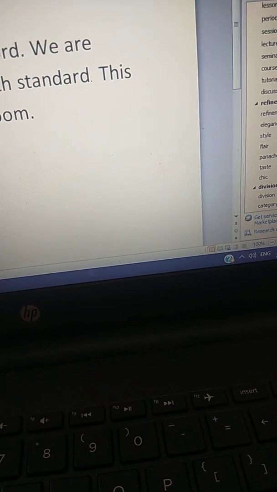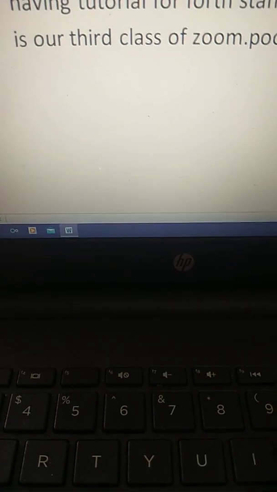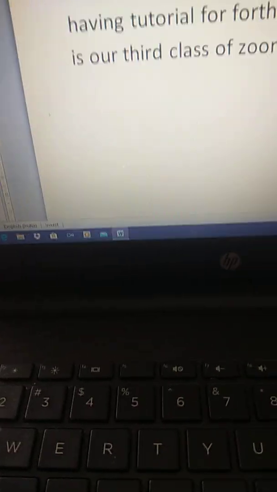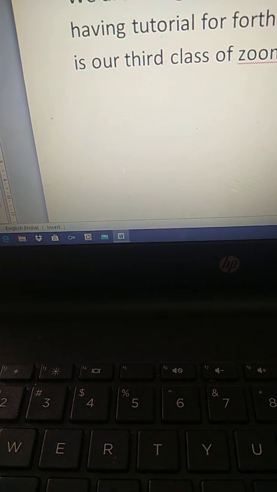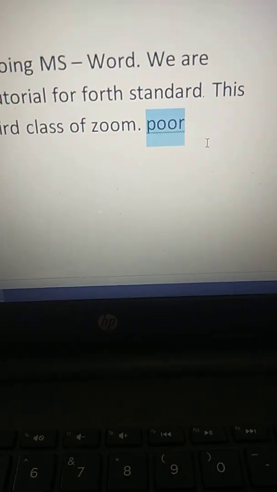For example, I write here 'poor' and choose this word. I have chosen this word. Now once again, we have not done grammatical errors. So 'poor' has a green wavy line under it. What is the grammatical error? The error is that after the full stop, the first letter should be capital. So when I change the first letter P to capital, the grammatical error is gone.